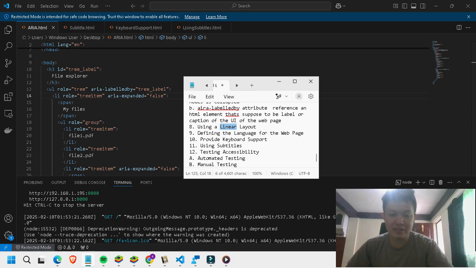Then, using a linear layout, usually people are confused because they don't have a sequence or order. The way to mitigate this is to make sure that you start from the top to bottom of the web page.